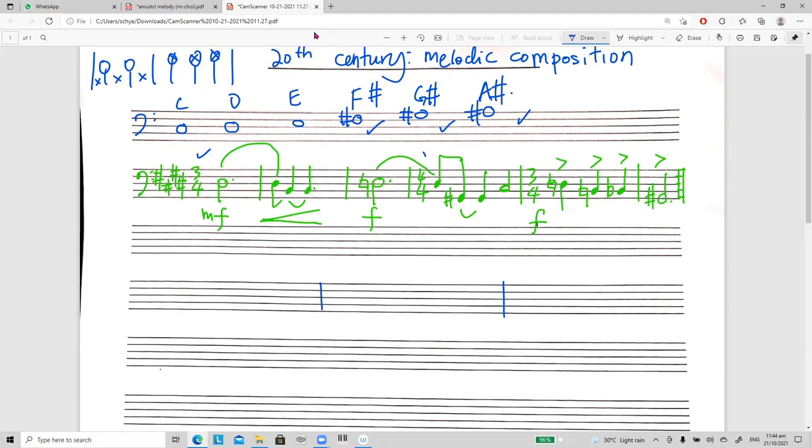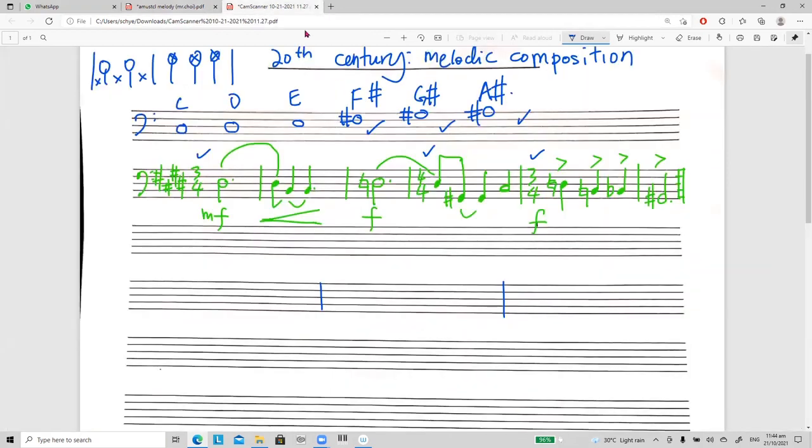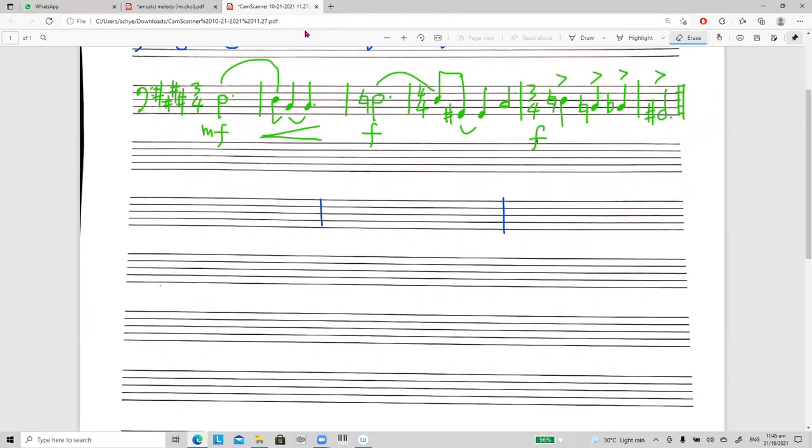So here is 3/4, 4/4, 3/4. As you can see, the instructions say that you can alter the rhythm. Okay, for the option, you can alter the rhythm. So I want to be creative. I change 3/4, 4/4, and then 3/4. I alter the rhythm because this is what they suggest, so I use their suggestion here. Next 2 bars,